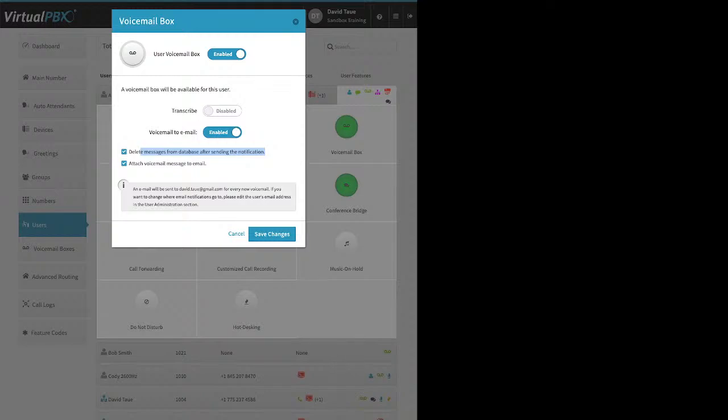Caller leaves a voicemail, system sends out email with voicemail attachment, then system deletes the voicemail from the voicemail box. What that means is the user can only ever check their voicemails via email, right? So if for some reason they didn't get the email, there's no other way to check for that voicemail,